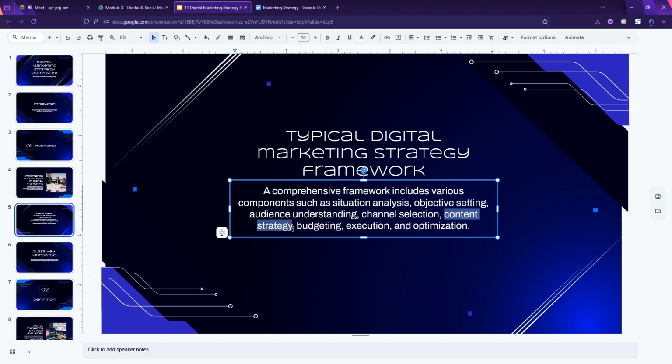Then the content strategy. According to the audience and the objective setting, we will create the content strategy. What kind of content will we create? Will it be an image? Will it be graphics? Will it be a video? Will it be a reel? What will we write in it? What will it say? So depending on the objective, say for example, if the objective is awareness,